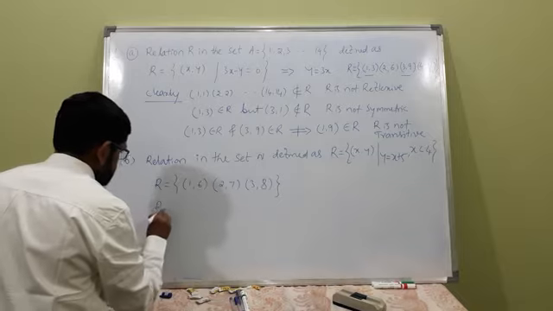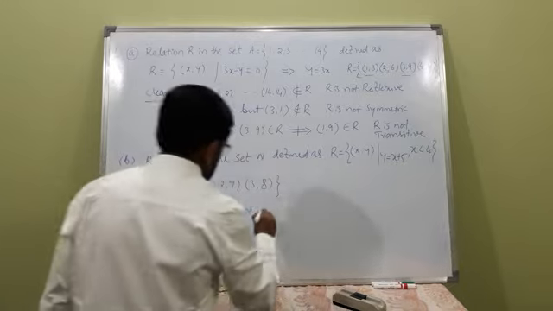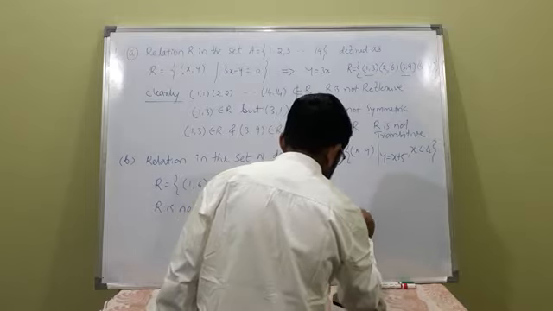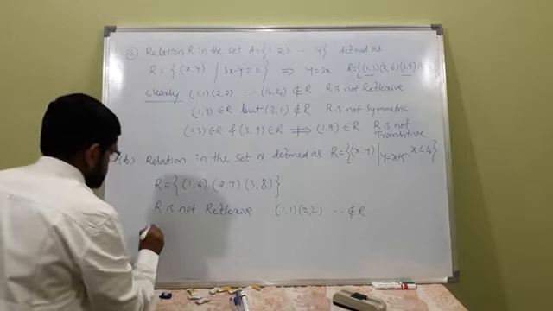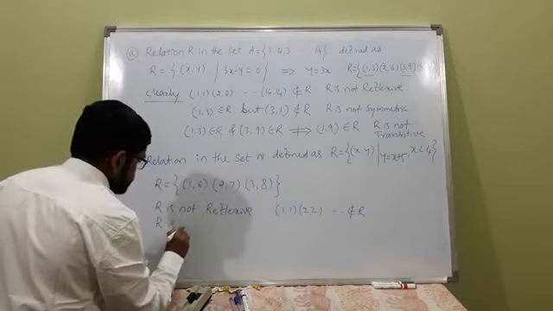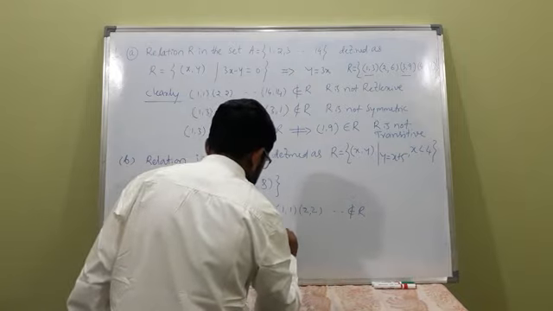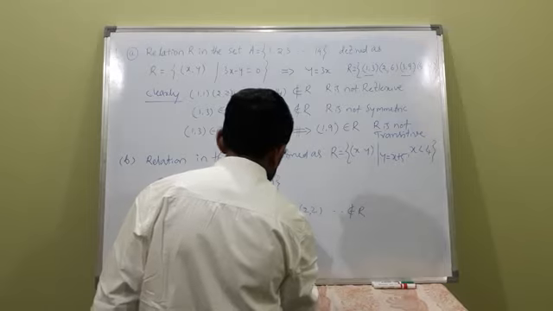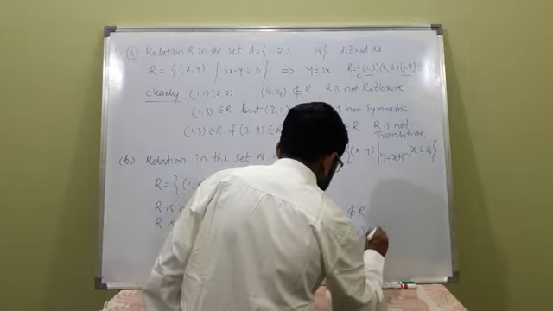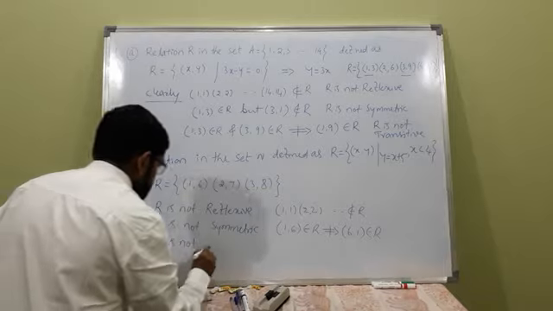Clearly R is not reflexive, because (1,1), (2,2), etc. are not elements of R. R is not symmetric, because (1,6) belongs to R does not imply (6,1) belongs to R. R is not transitive, because